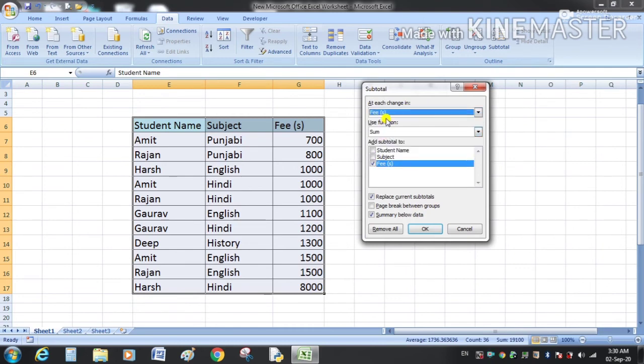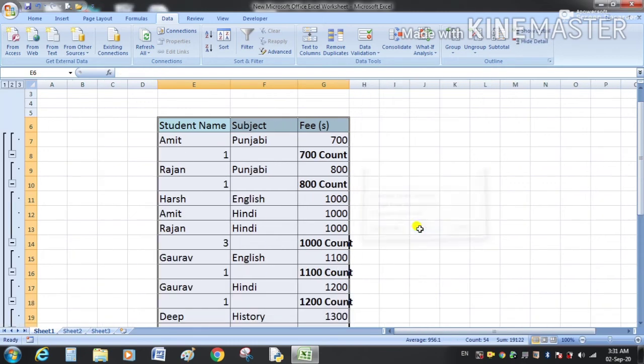Now for the 1000 fee, I want to count the number of students, so this will be the criteria. I will make use of the count function here, on the student column, for the number of entries of students.